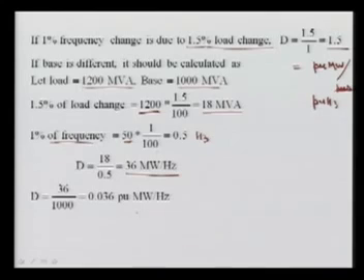Now if you want to convert in your per unit quantity, you are going to calculate here per unit, what you have to do, you have to divide by base. So here we have divided by base, that is the base power is this much, and then we can get 0.036 per unit megawatt per hertz. Again, if you want to get in the per unit, again that is of hertz value as well, then here your D will be your